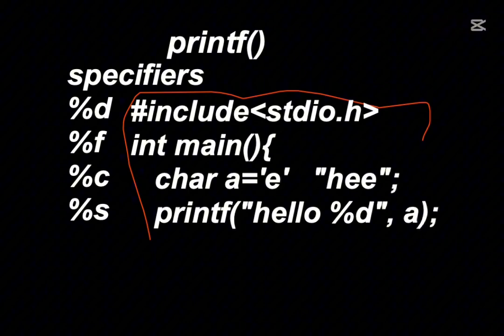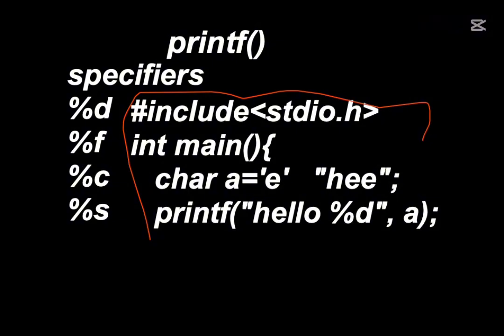We use double quotes if the character is more than one. That's when we use double quotes. So if it's just one character, we have to use single quote. I'm going to be doing that when we start talking about strings